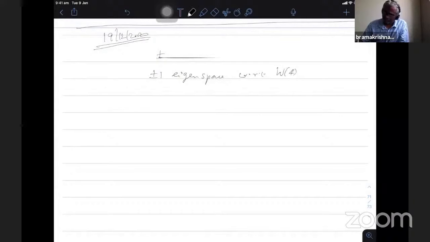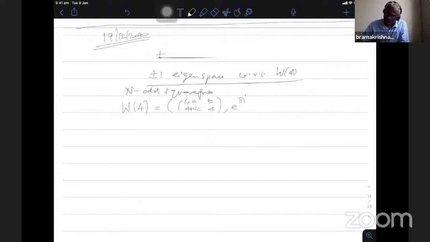It has a very interesting consequence, therefore we'll discuss this. The setup will be the same, n odd square free. And then the W operator I'm just defining. Whatever the operator which I defined earlier has one extra factor, so that will be removed in this one to study this W_4 and C. This is 4, 2 power 5i by 4, 2 power 1 by 2,